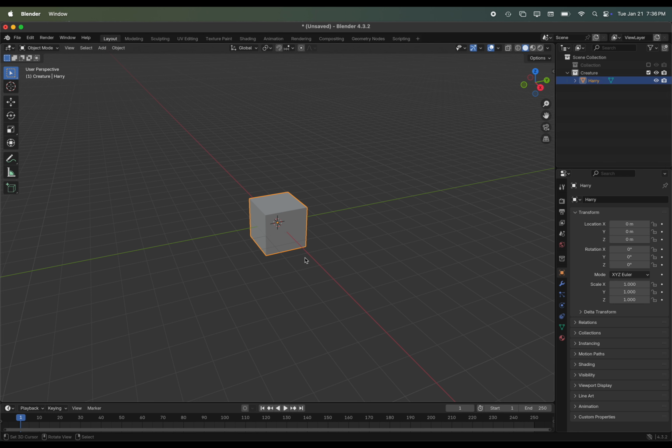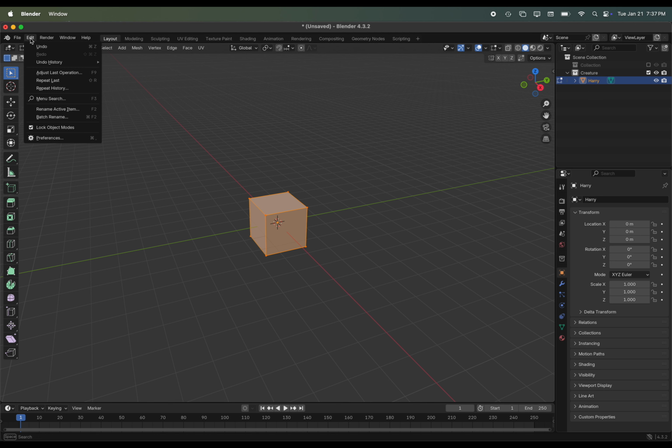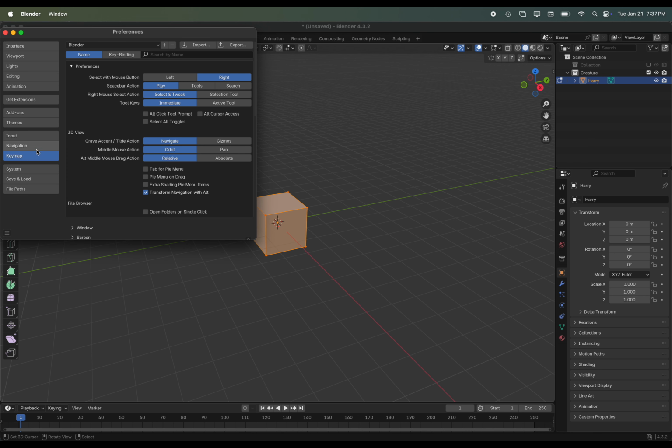All right. So I have my initial setup here, and I'm going to go into edit mode. I can either press the Tab key or use the little drop down over here. The first thing I want to do is add a little bit of subdivision. Now I do want to remind you that in preferences under key map, you should have right click to select. A lot of the shortcuts that I go over are going to be based on this key map with right click to select, so it'll be harder to follow the tutorial if you don't.